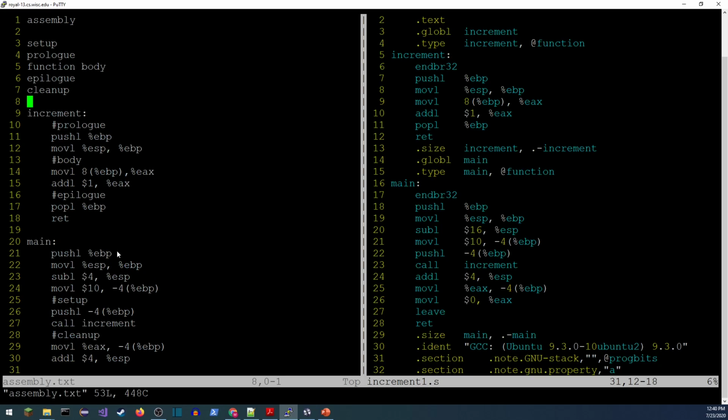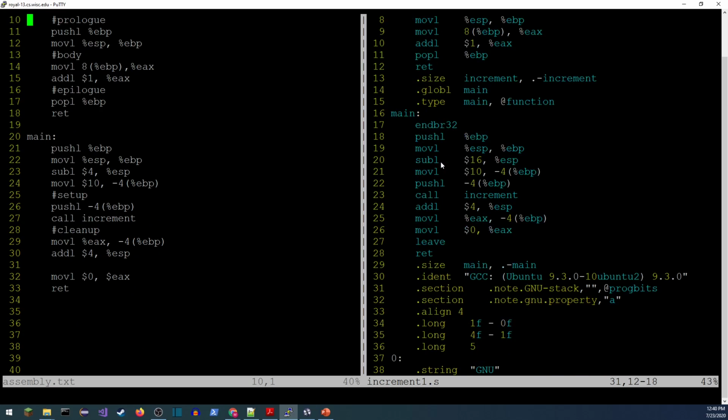All right, so let's start with main right here and main right here. So the first thing, we push the base pointer. Line 21 pushes the base pointer. Stack pointer, base pointer. Looks good. Oh, and again, okay, so I reserved exactly 4 bytes for the variable f. And again, in main, C is a big fan of having things aligned and will often reserve more space, multiples of 16, for variables, and then only use a small portion of that. So that's exactly what it's done here. It's reserved some extra space.